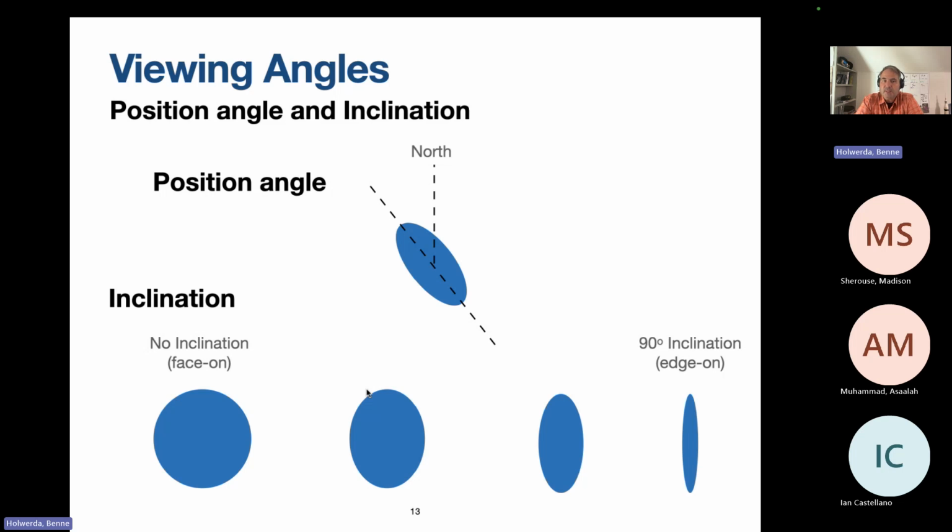And inclination tells me, if there's no inclination, it's 0 degrees, that's face on. I'm seeing the thing from top down. And then perfectly inclined, that's 90 degrees inclination, and those are called edge on. If we're talking disk galaxies, it's really important what kind of inclination we're seeing. Determining the inclination is important, because maybe that tells us something about the vertical structure of galaxies we see when it's inclined, and the radial structure we can study when we see it from the top down,